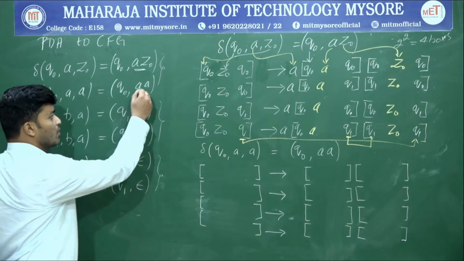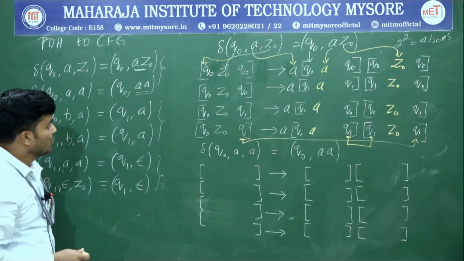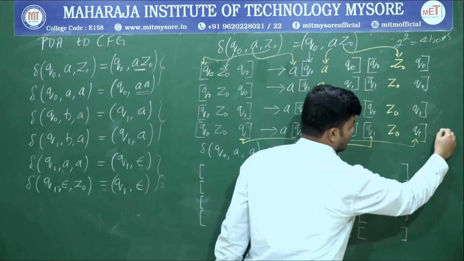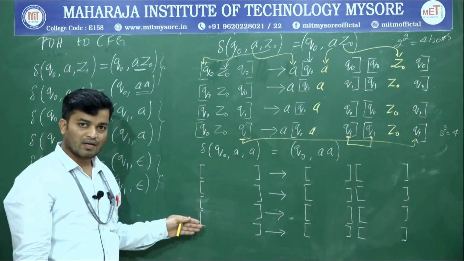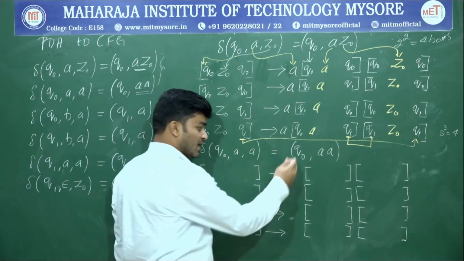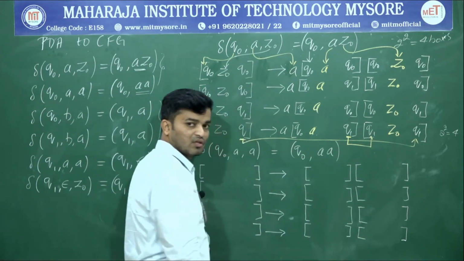So in the second production also we have 2 terms on the right hand side. 2 terms means 2 to the power of 2. We are going to have 4 boxes, and write those 4 boxes in this way. In the left hand side 4 boxes, arrow mark. In the right hand side 2 columns of 4 boxes.